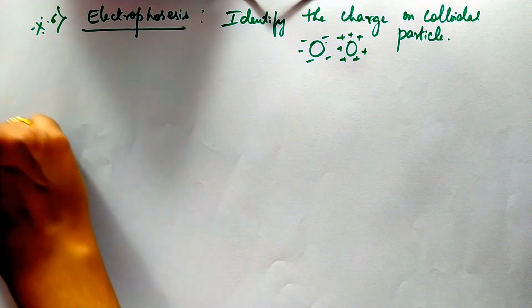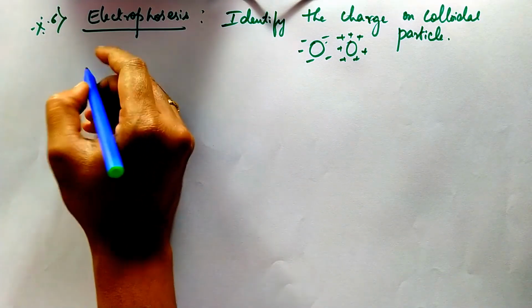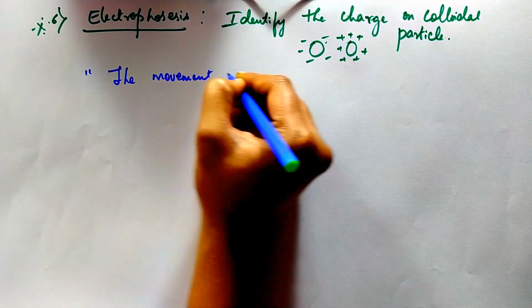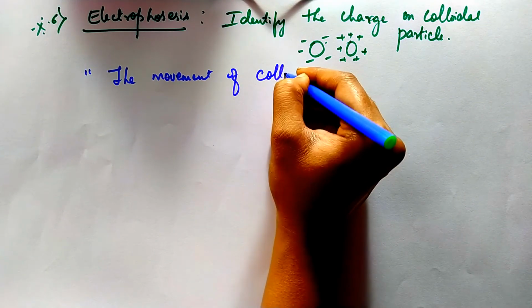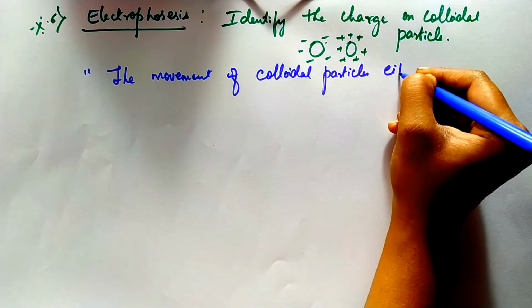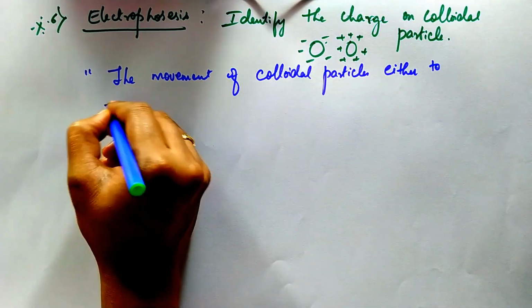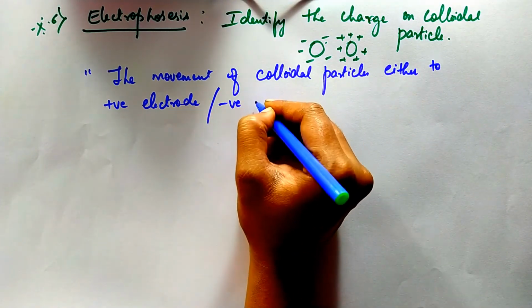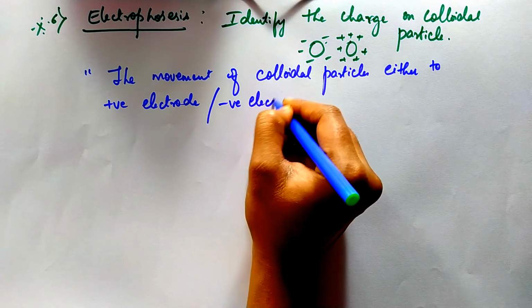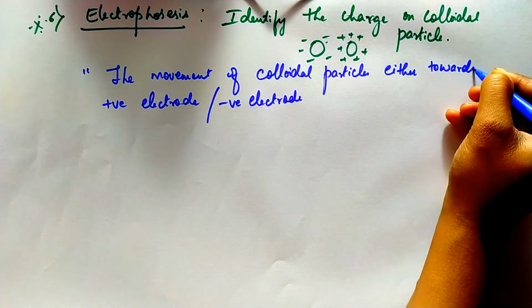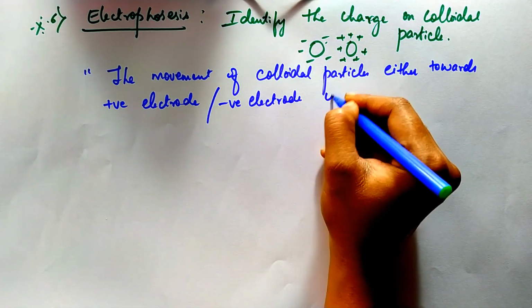So first let us know about the definition of this electrophoresis. The definition is the movement of colloidal particles either to the positive electrode or towards the negative electrode. The movement of colloidal particles either towards the positive electrode or negative electrode under the influence of electric field